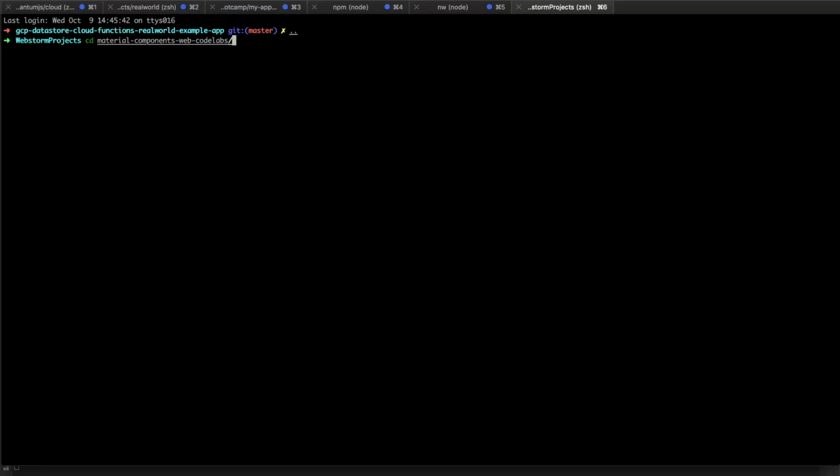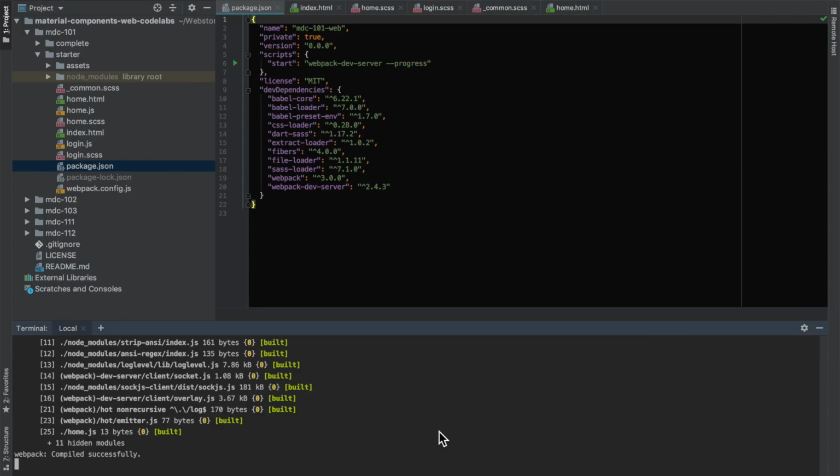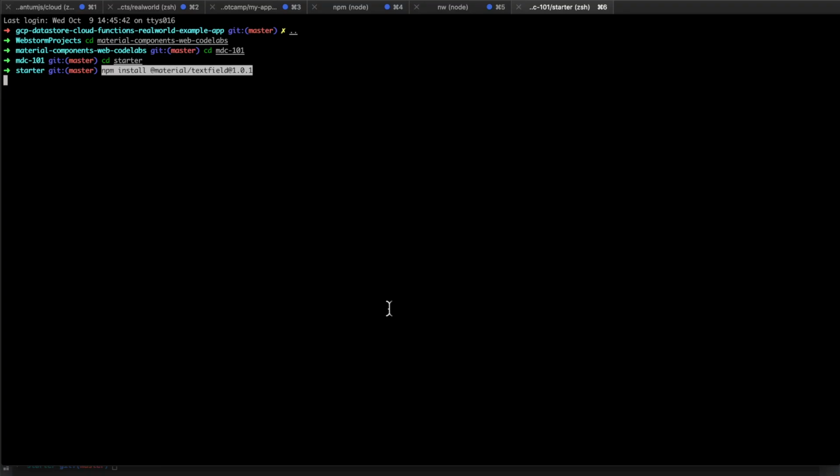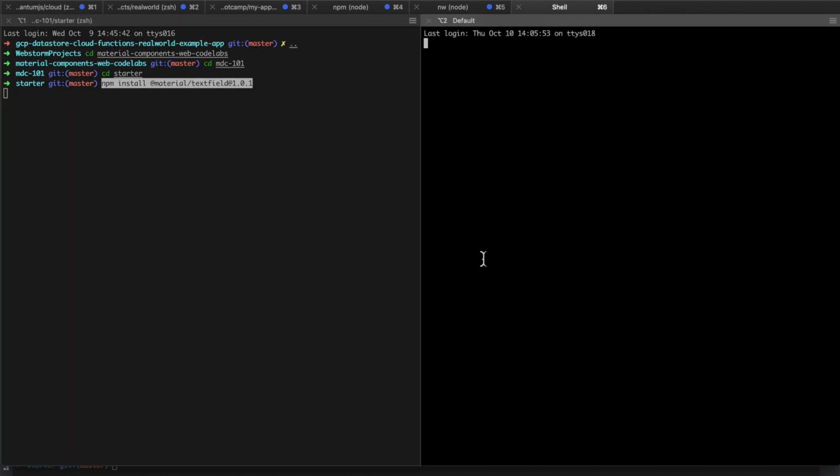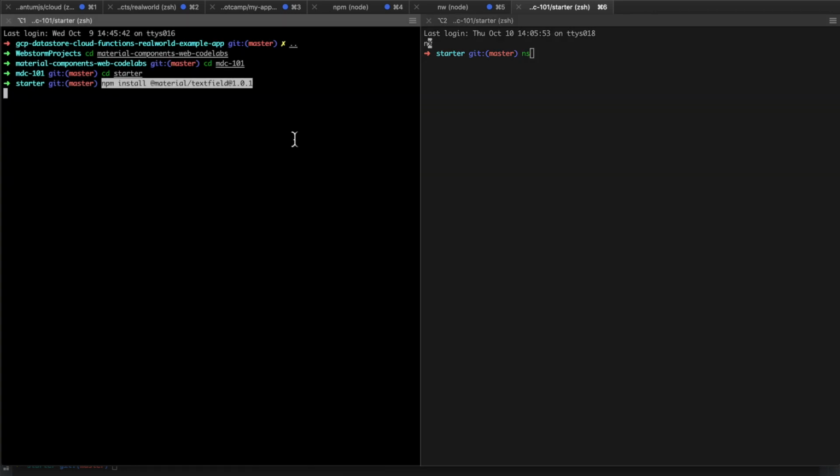Material, design, components, labs, that's that there. Okay, and then I want to do CD and MDC 101. Okay, and CD starter. And then I just want to install this. What I'm going to do is kill the console here and just open up another one and start the project again. So npm start. Once this is installed,